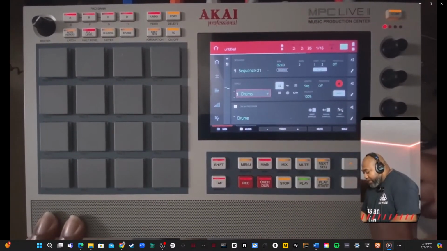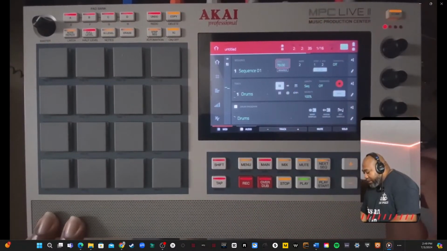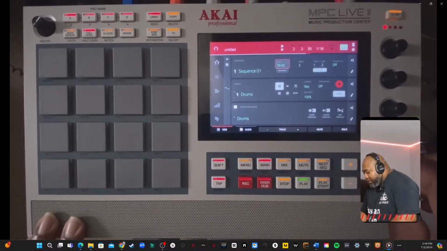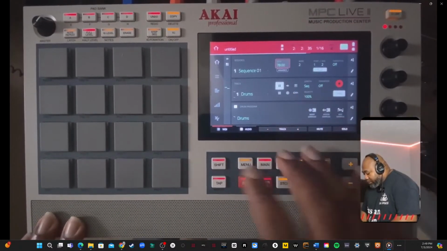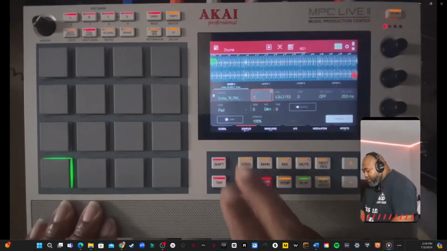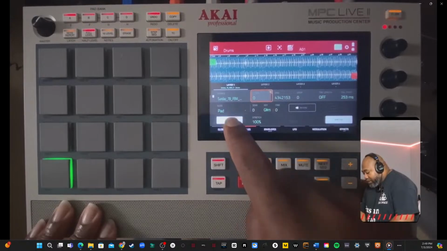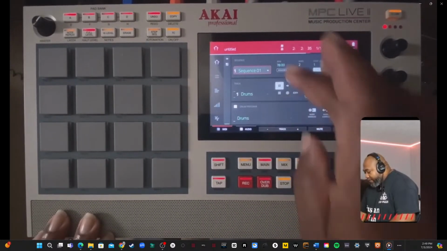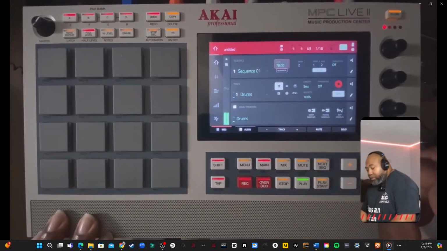So if I come back to my drums, put this back at 78. If I come back to my drums, same thing, hold down your menu button, pad 14, and here I am at my drums, and I hit warp. Now if I was to go up in tempo,